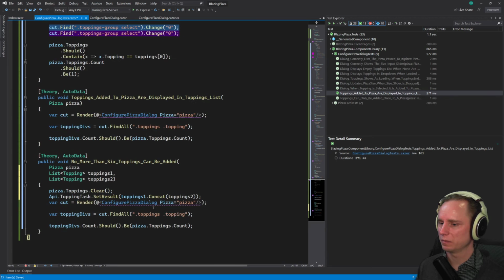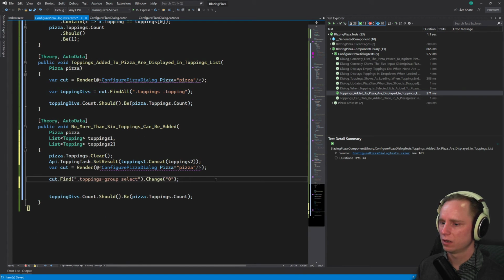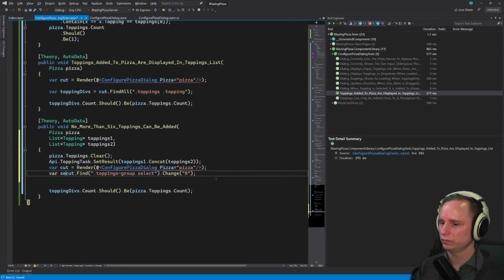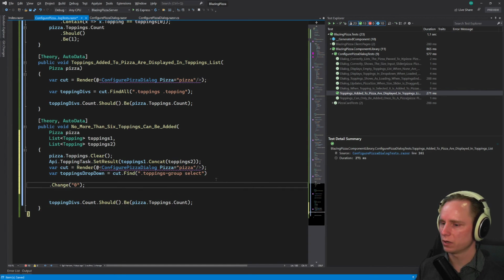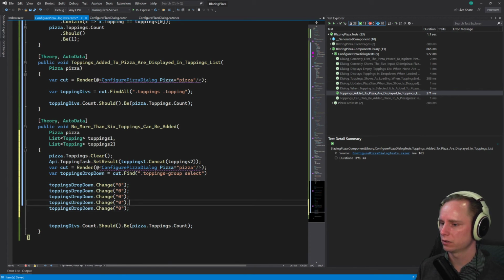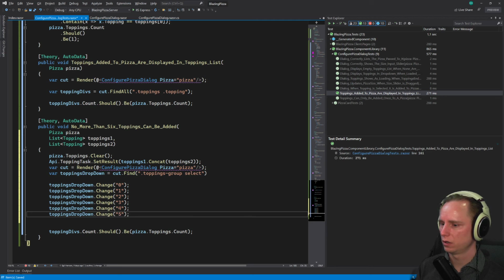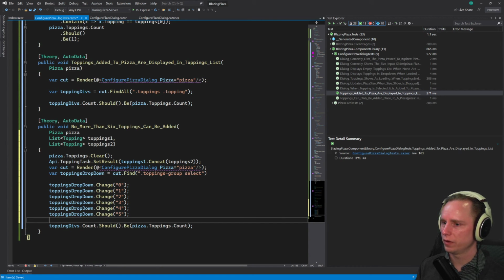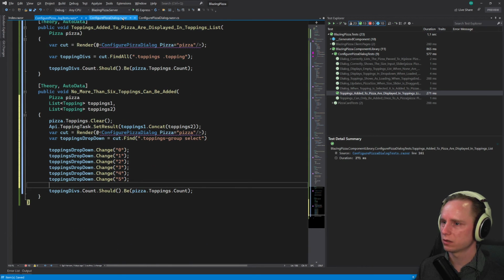It might seem like a lot of extra code to add in there, but I think it's nice to make it explicit for people who are going to read the test. So let's just pull out the toppings drop down and then call drop down change 1 2 3 4 5 6. So it's gonna be 1 2 3 4 5. I'm gonna need one more. Okay, and after that I expect that my